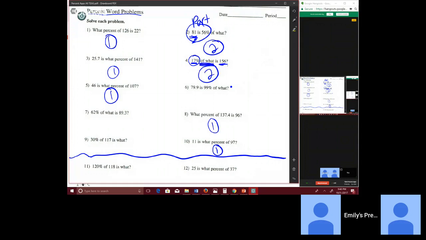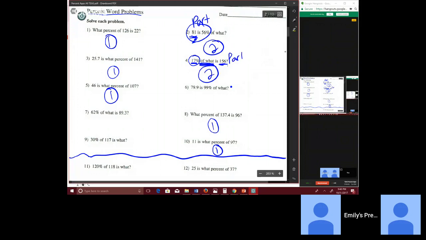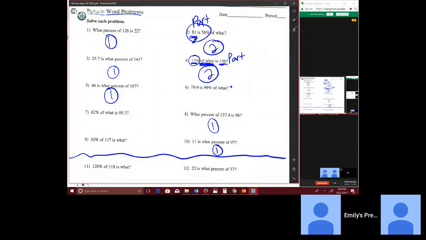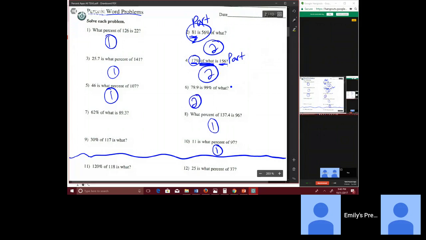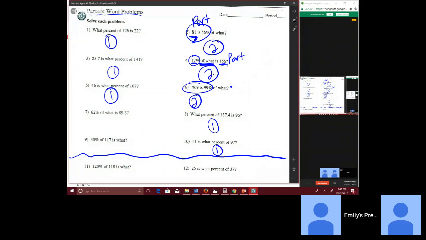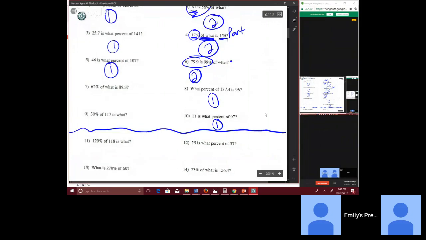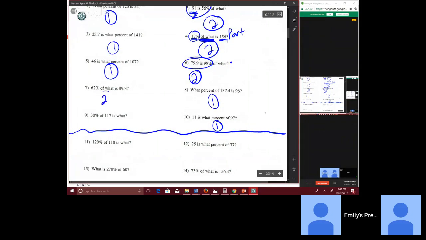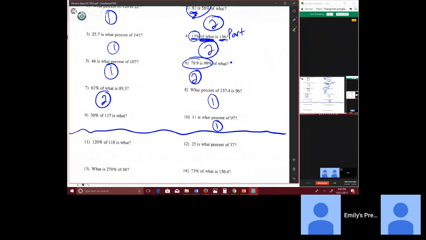So again, 156, even though it's rearranged, is still being addressed as the part. Number 6 is a scenario 2 as well, because it says that 79.9 is 99% of something. Number 7 is again a scenario 2. If nothing else, it's a little weird to have that many 2s and no 3s. If that began to throw you off,